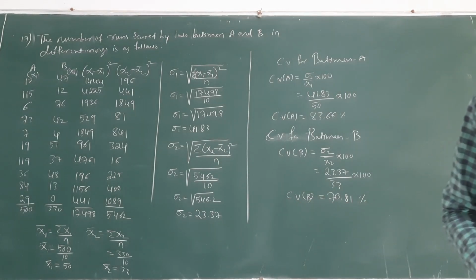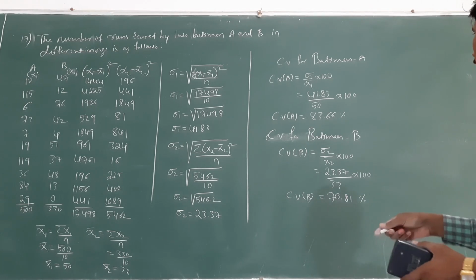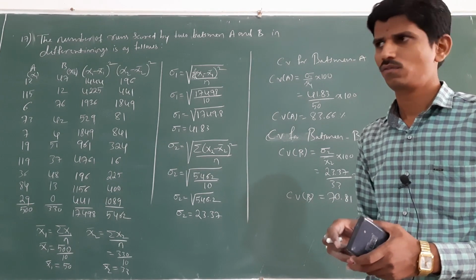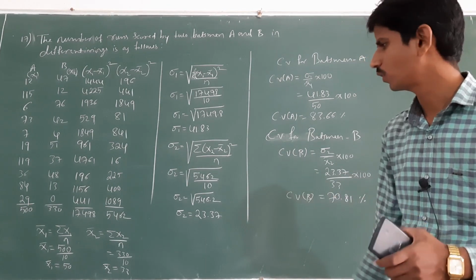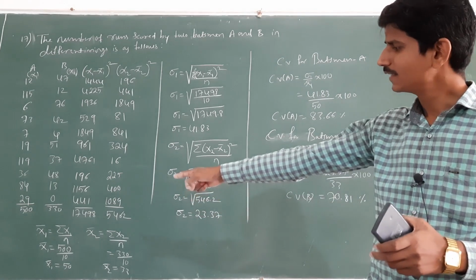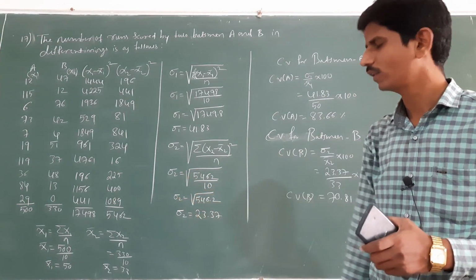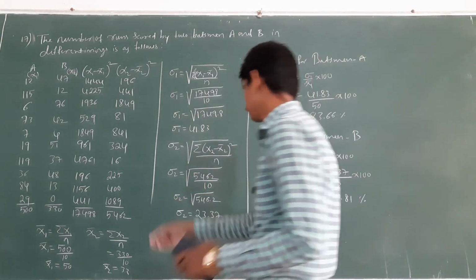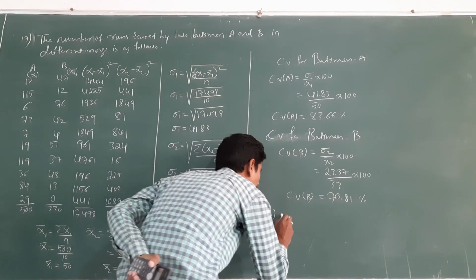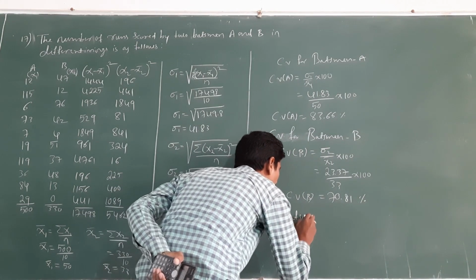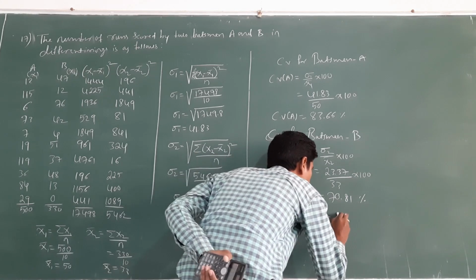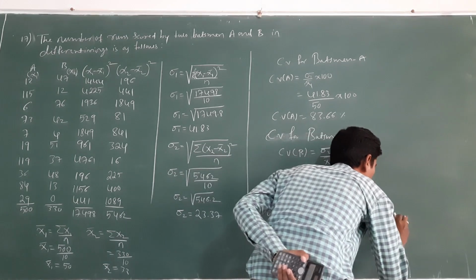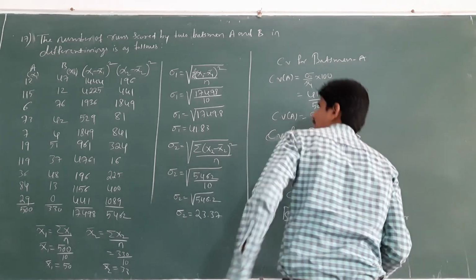Okay, here who is the better run scorer? Here, to decide who is the better run scorer, you have to use the mean. The highest mean is the better run scorer. Here in mean, average, that is x1 bar is 50 and x2 bar is 33. Here batsman A is the better run scorer.